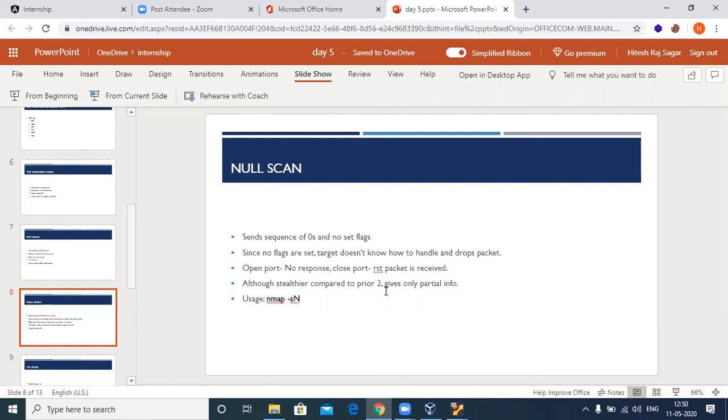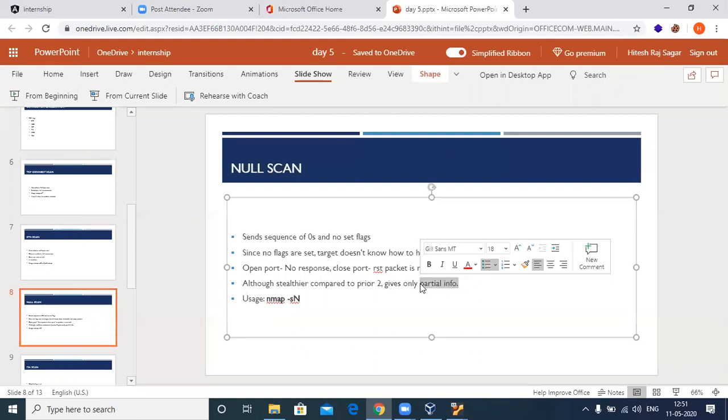But even though this scan is much stealthier than the other two scans, it gives only partial information. It doesn't give you confirmation about a port being open. It will tell you something like open or filtered.